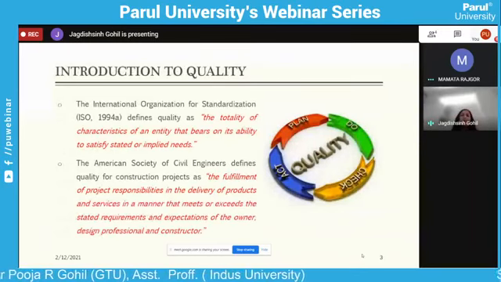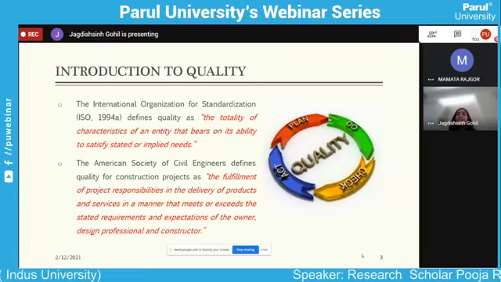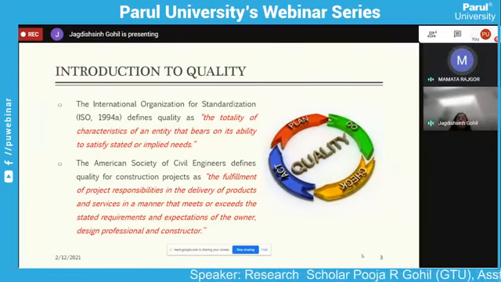Fine. So, starting with the simple definition of quality. As far as ISO, the International Organization for Standardization, is concerned, it defines quality as a set of characteristics which are